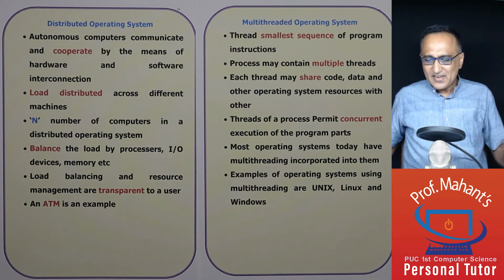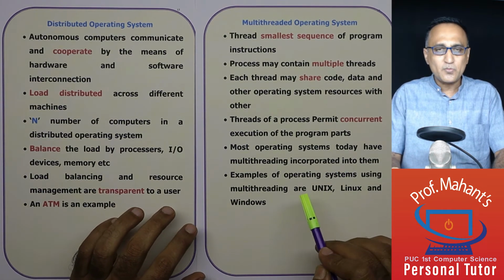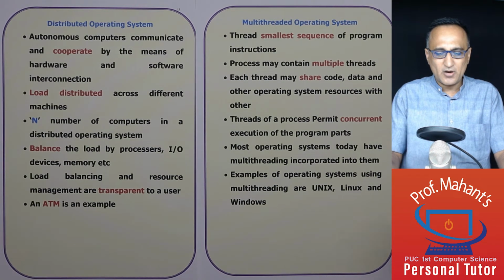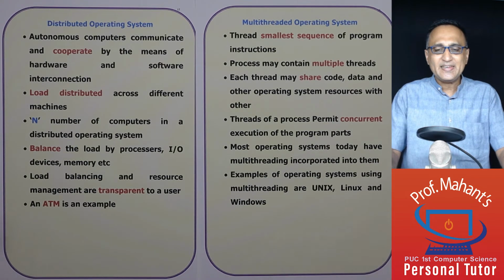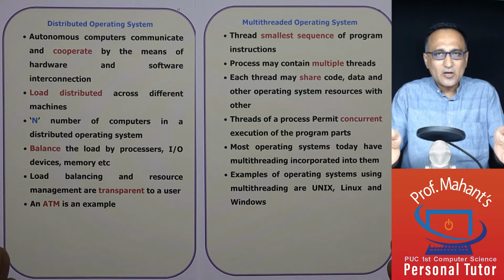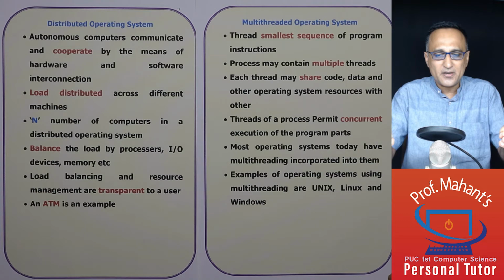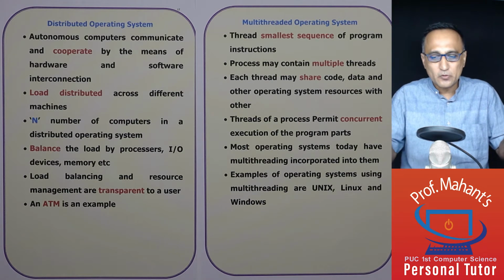Today, multi-threading as a feature is incorporated into most operating systems. Almost all modern operating systems, like your Windows 10 or 11 which is coming up, Unix, and Linux, all have a facility for multi-threading. So a thread is breaking down a program, you can think of it in your terms, into parallel parts so that the execution of the program is speeded up. They may use the same code and resources like memory, but it permits concurrent execution of different program parts.